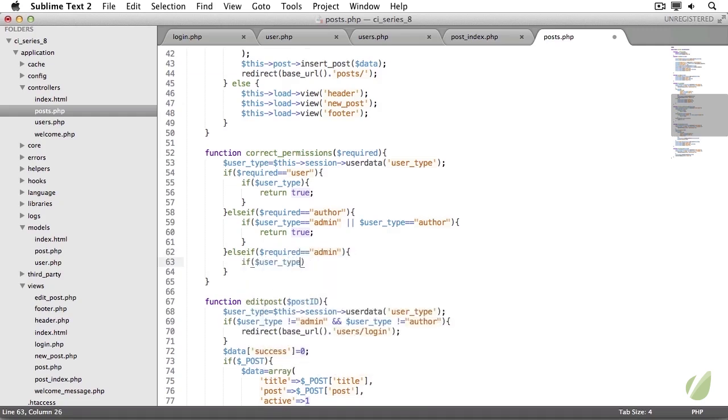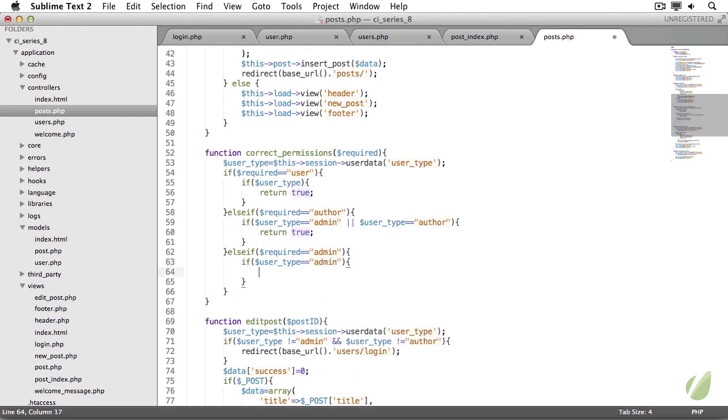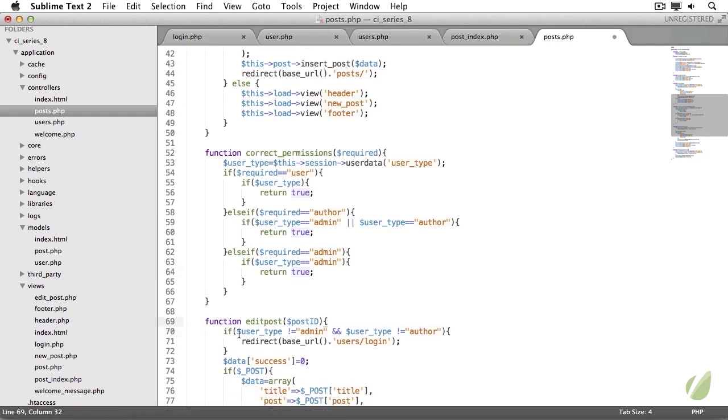Then only if the user type equals admin, then return true. So you can see all the permissions here. So we could change this by deleting this line. And we could say, if not this correct permissions,